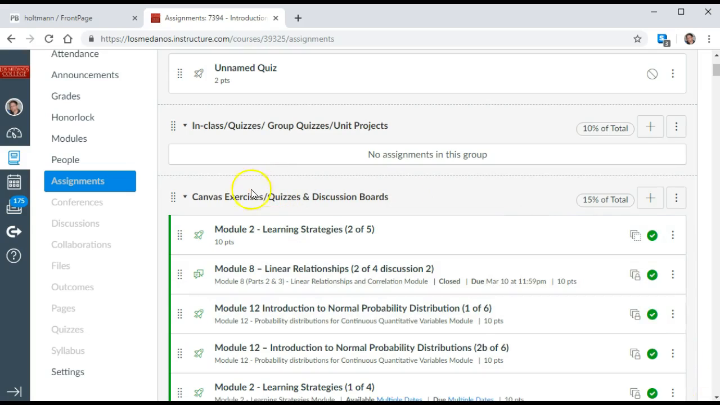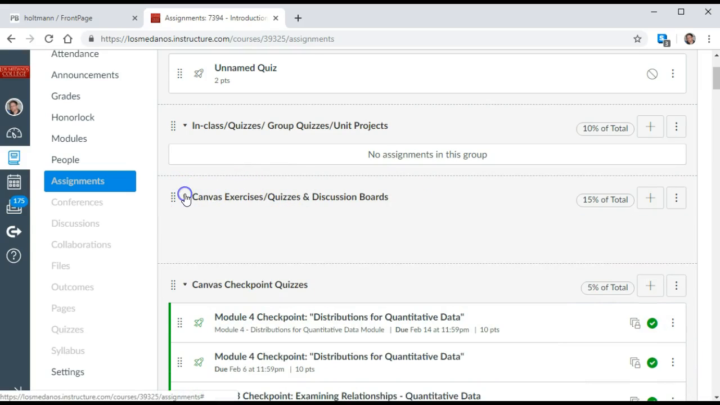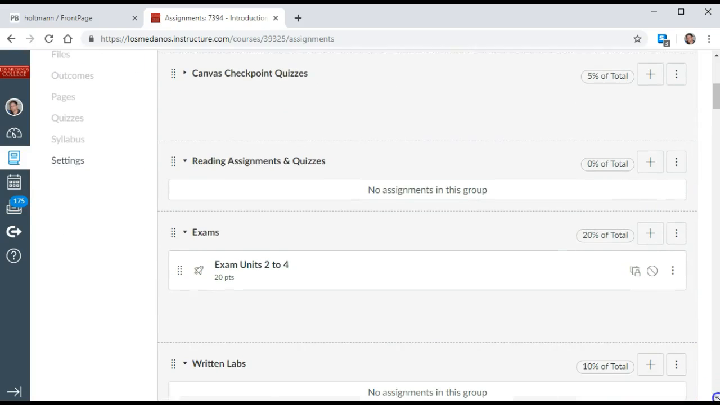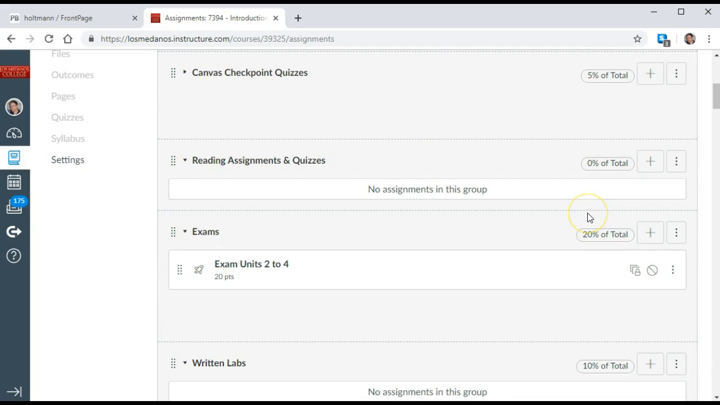Let's, instead of scrolling down, let me just close this category. Canvas checkpoint quizzes, let's close that category. There we go. Reading assignments and quizzes, 0% of the total. I'm not sure if that's an extraneous category or this instructor just forgot to assign that